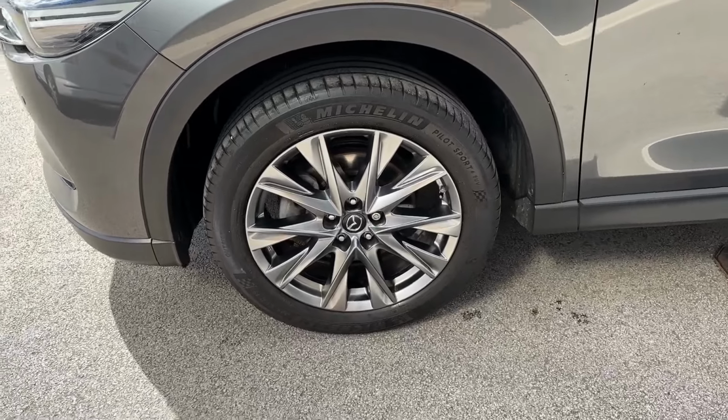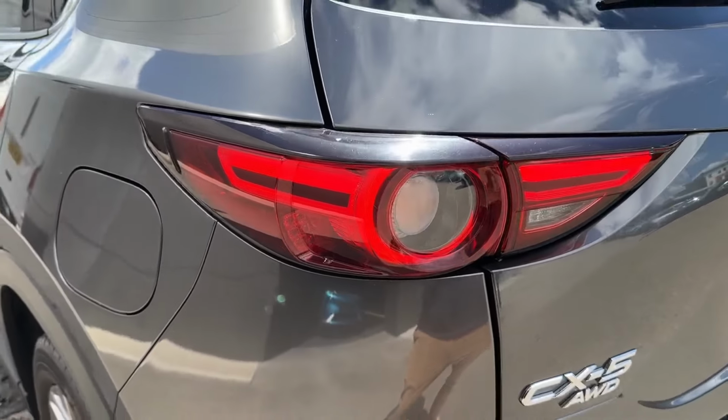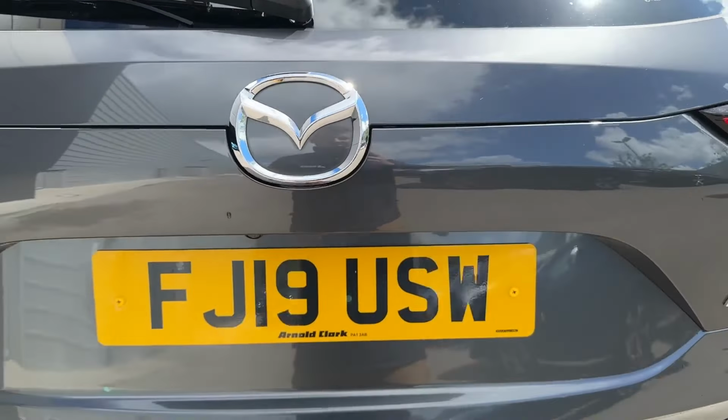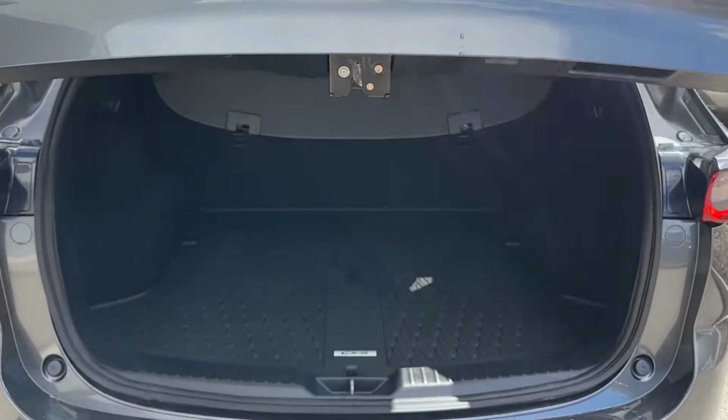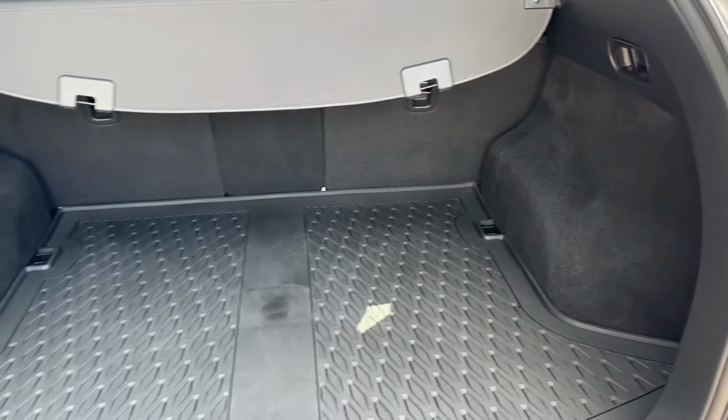In the front, adaptive matrix headlights can also be found, as well as large 19-inch bright finish alloy wheels. In the rear, there are also full LED taillights, giving your Mazda a distinctive look at night, and for easy access there is a power-operated tailgate with keyless entry and start, revealing a modern cavernous load area with 40-20-40 folding